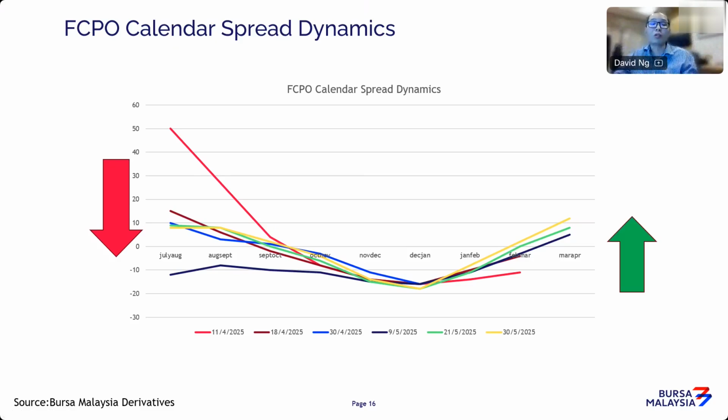So it's a good condition. If you follow fundamentals, that will give you a good indication: whenever you see a positive premium or high premium on a certain calendar spread, and you know you're entering a weaker period in terms of prices for CPO, that will be a good time to be quite bearish on that calendar spread. So that's how you look at applying fundamentals to the calendar spread dynamics of the CPO market.